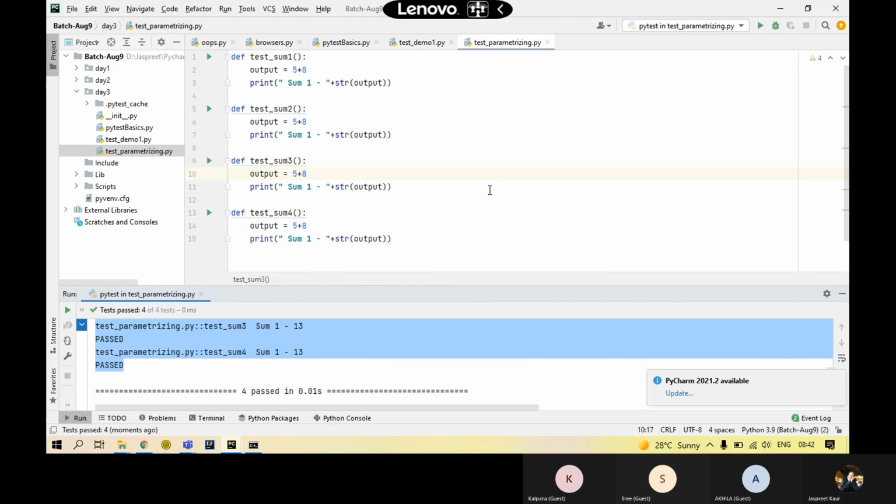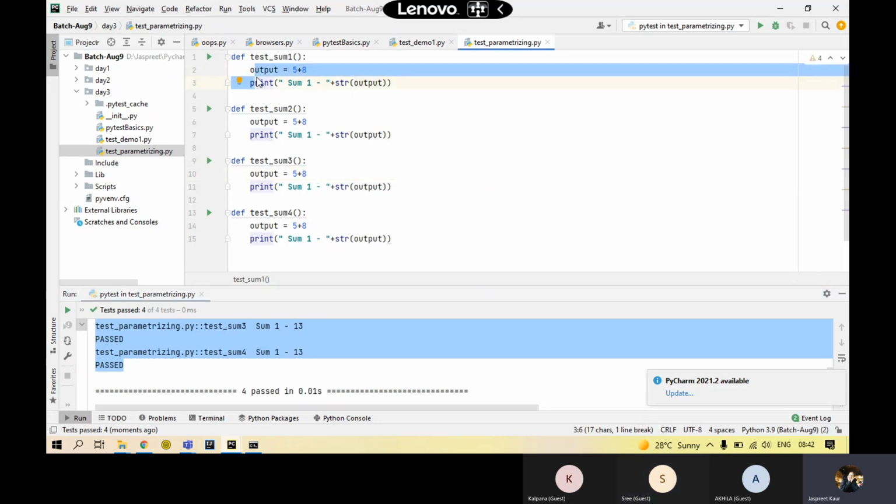This is just the additional work we are doing. We are writing the same code and it's taking a lot of time to interpret the test case again and again and again. So it's a time consuming process if it is a longer test case. In my case, it's just 2 lines, but if it is a proper test case of automation, this will be a repetition.